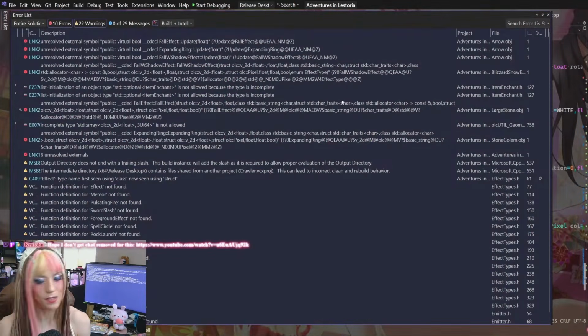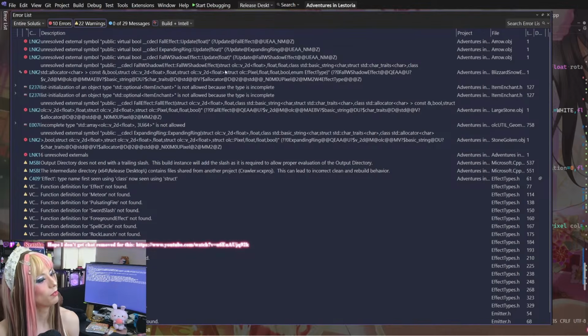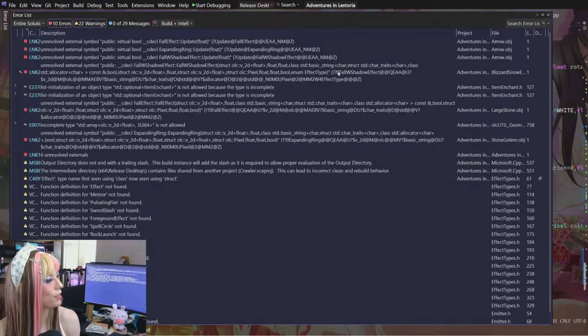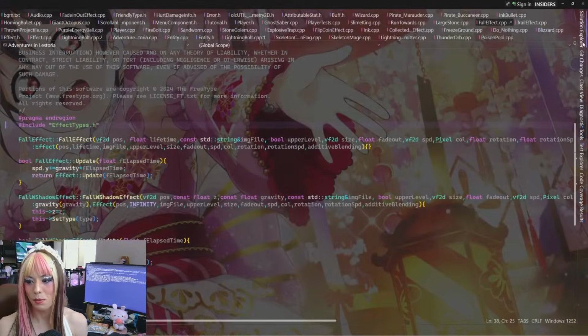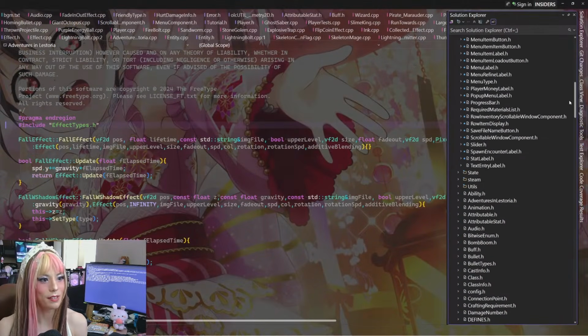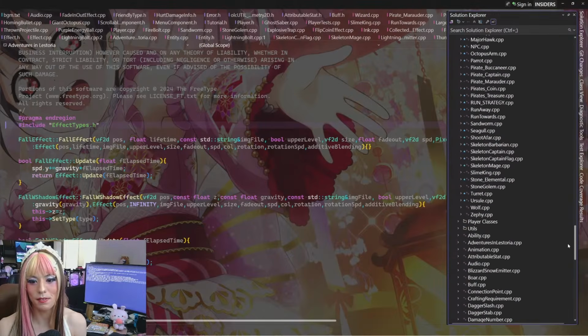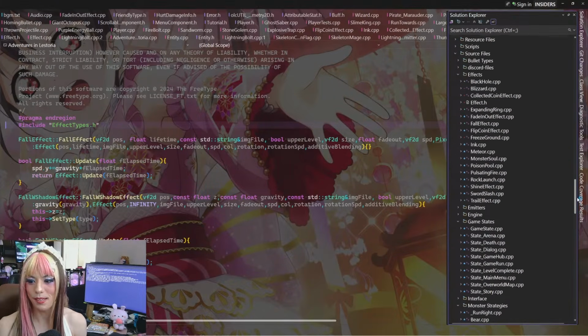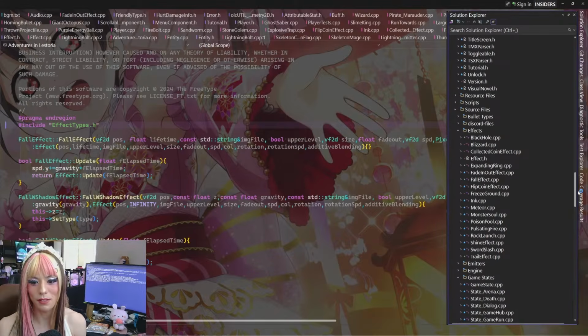Okay, well, same thing's happening, so... This is really strange. I guess what I should try and do is, I'm convinced that Visual Studio doesn't know about this file right now.